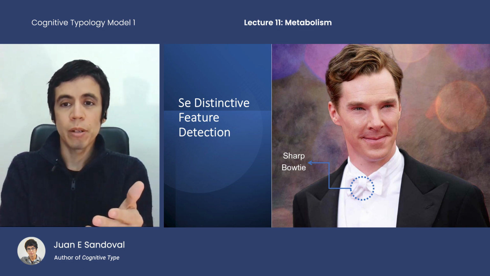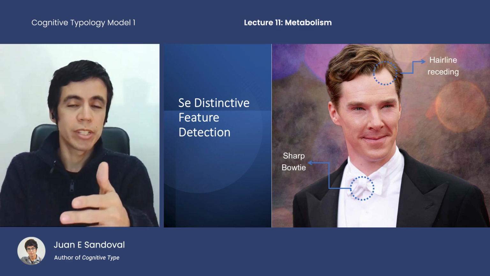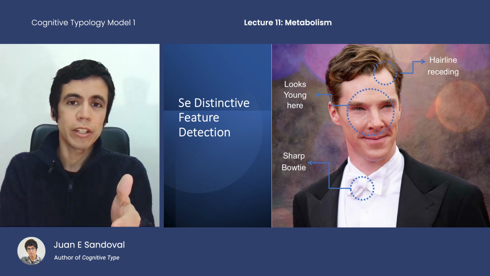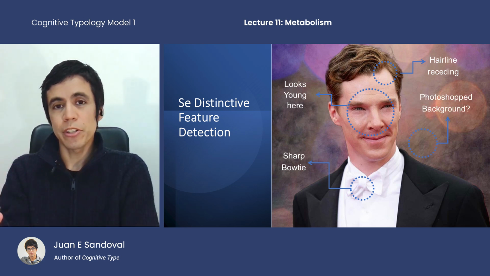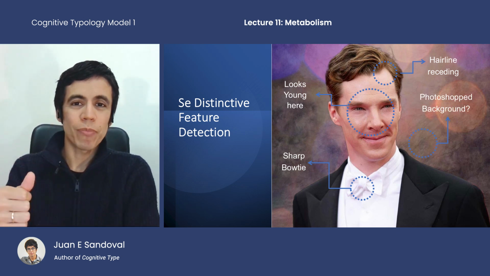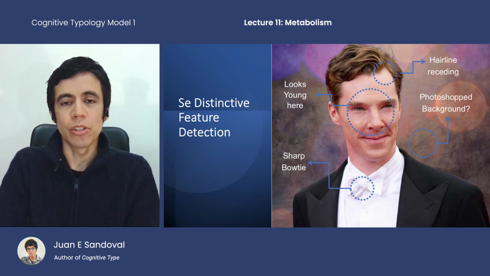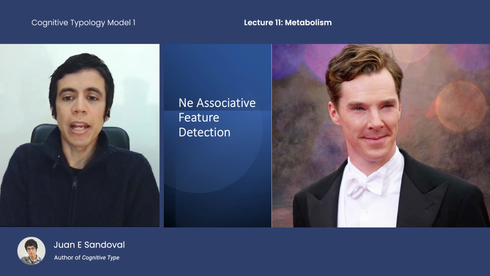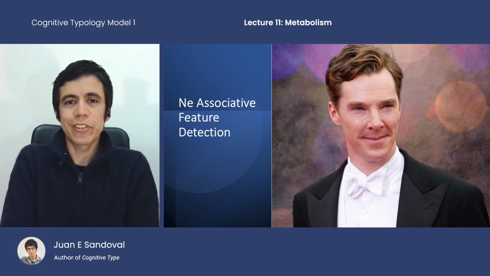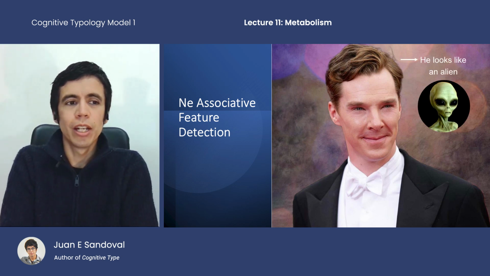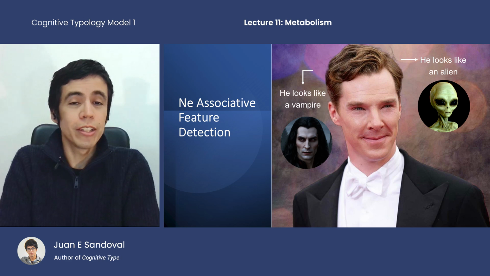For instance, oh, that's a sharp bow tie, or his hairline is receding even more now, or he looks younger here, or that background looks photoshopped, which it is, by the way. SE leads are more likely to notice that or to notice quicker. So those are distinctive features. But now the kind of things that NE might notice are associative. So for example, he looks like an alien, or he looks like a vampire, or he looks like a praying